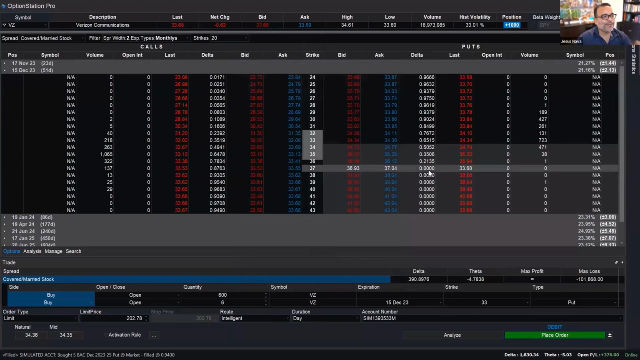Oh, I know what the problem is. I know why the link is not working. It's not working because I'm not set to single. I looked at the strikes and thought that I was on singles, but I'm not. I'm on a covered married stock. And what the chart cannot do is chart a spread. That is something that you cannot do. You'll see a chart on an individual call or an individual put,